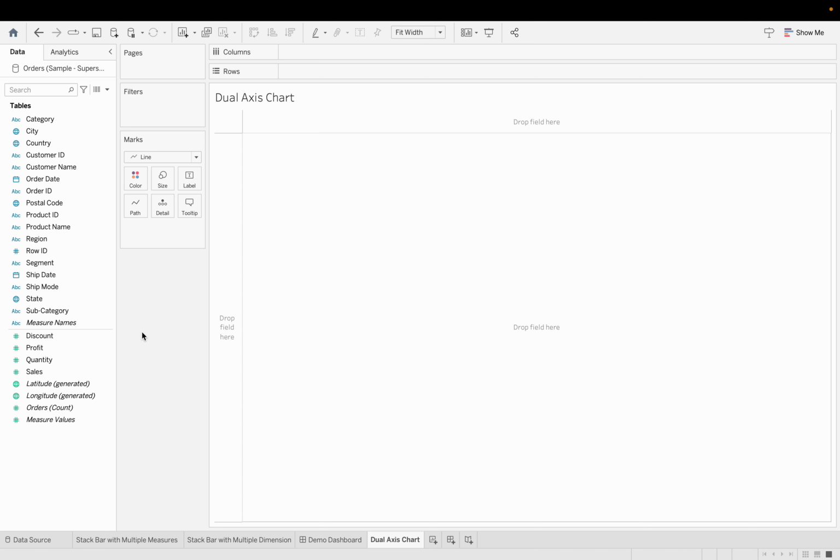So basically, first of all, what does a dual axis chart mean and why do we actually need it? So the very first question is what a dual axis chart is. In a dual axis chart we can show two visuals merged together into one, which are based on different dimensions. For example, if for a particular category or a region you want to show the sales